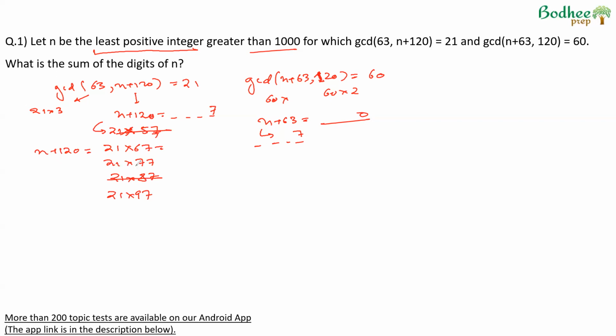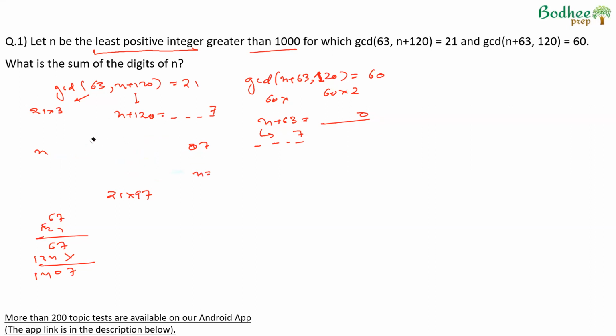If we just multiply 67 into 21, this will become 1407. If n plus 120 is 1407, this means in this case n will be equal to